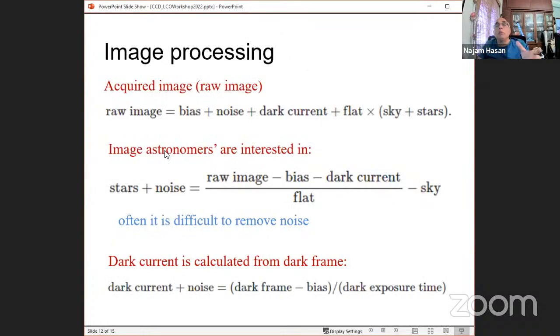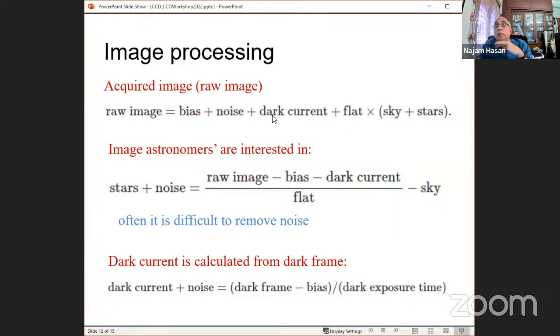So image processing is an art by itself, and we can see how these raw images are constructed. Basically, the bias, noise, dark currents, all these add together when you are taking an image. So, making a good image out of the one which we have acquired is done in the following way, right? So, the raw image is essentially the sky and the star which we have here. So we have the stars, and when you image, you also image the sky background,